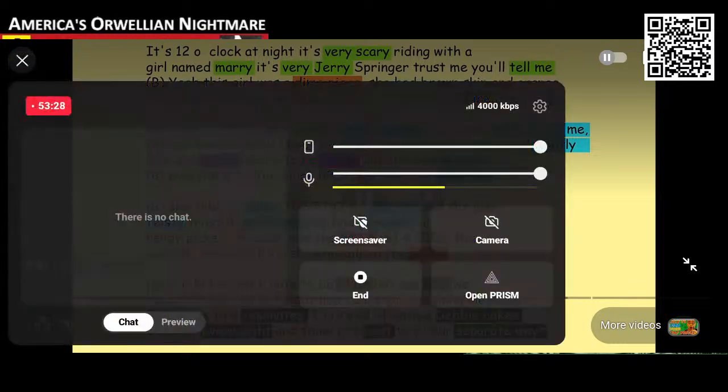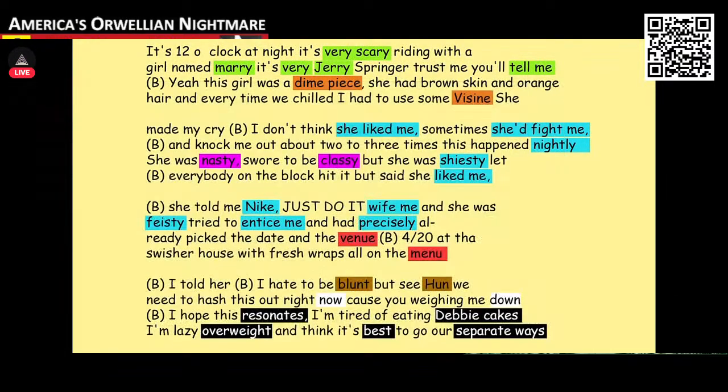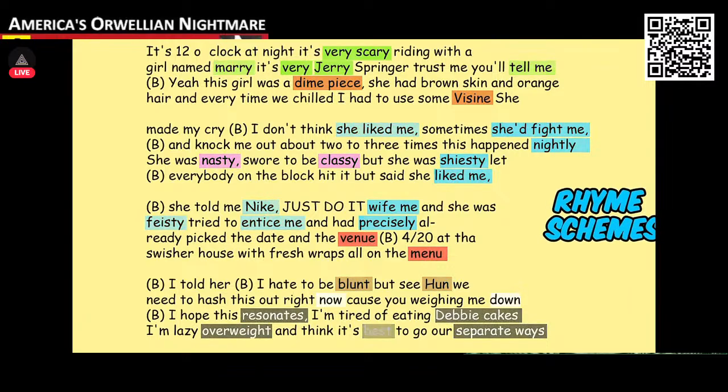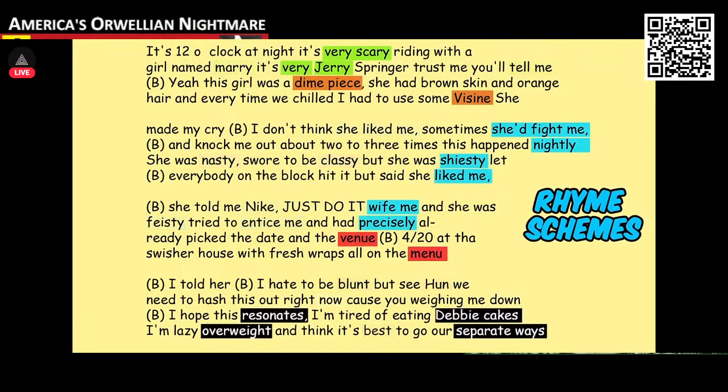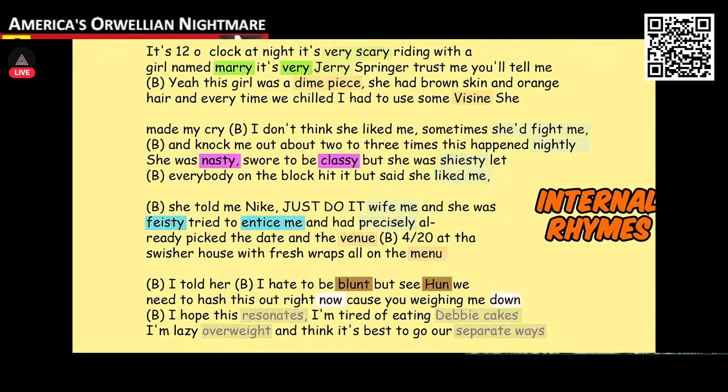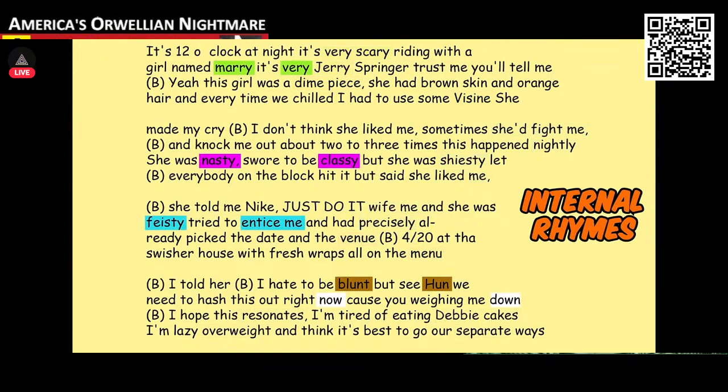Speaking of rhymes, there's 2 main types of rhymes in rap. That's internal rhymes and rhyme schemes. A rhyme scheme is when you rhyme relatively in the same place for at least 2 bars. And an internal rhyme is when you rhyme within a bar, but it doesn't carry over to another bar. Now, the key to making your rap sound ultra catchy is all about creating patterns. Patterns add uniformity and predictability to what you're doing so the listener can make sense of it and follow along to it. And without there being strong patterns, your raps will sound random and chaotic.